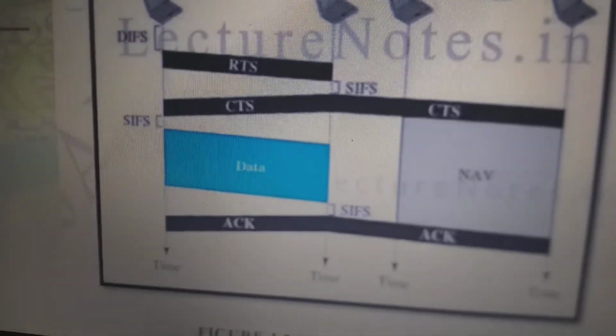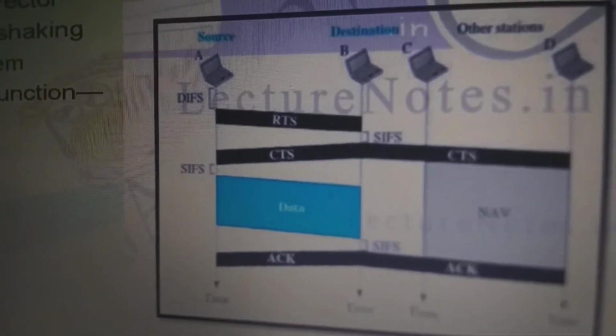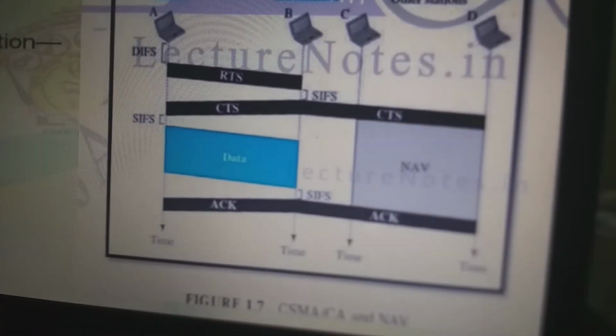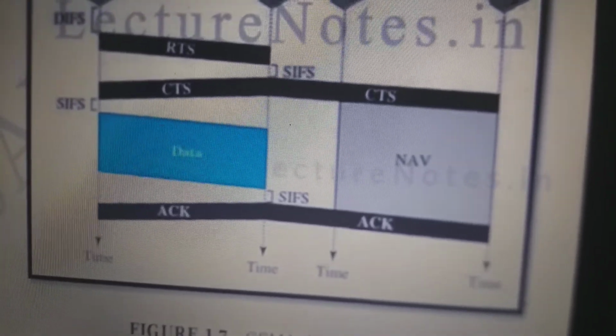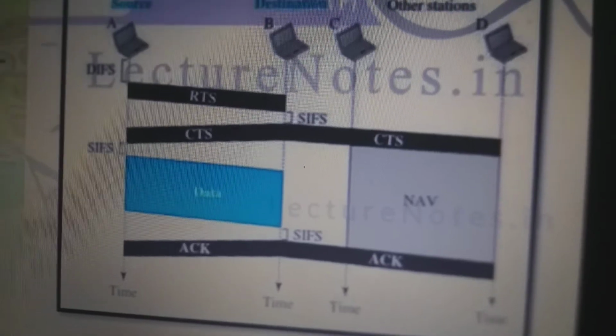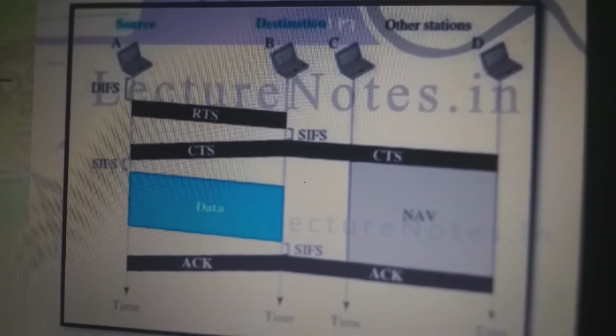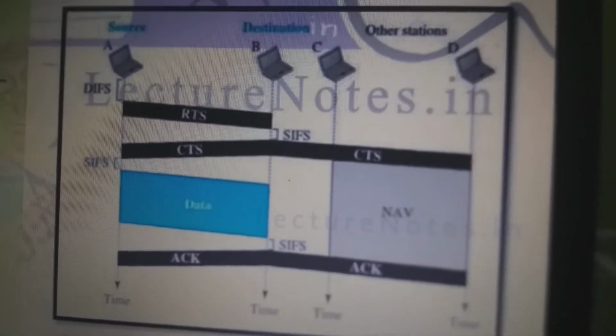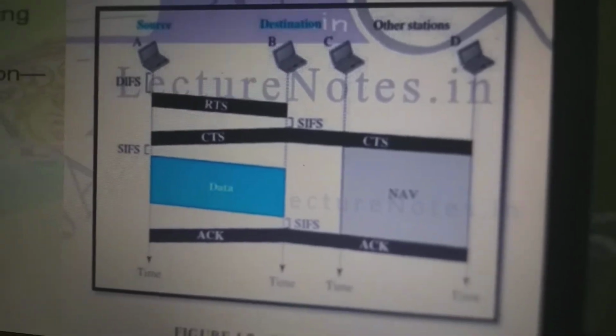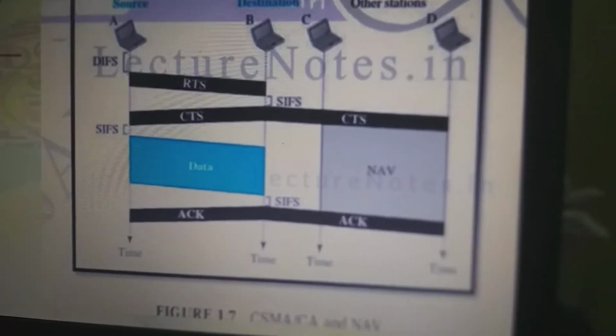Here we will discuss what other stations do if one station acquires access. In other words, how is the collision avoidance aspect of this protocol accomplished if one station acquires access? The key is the NAV feature.